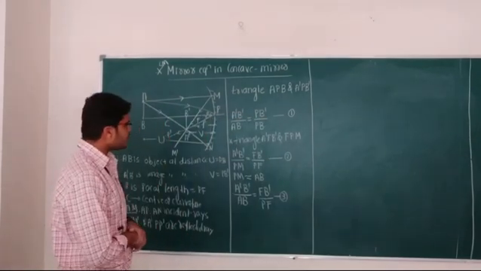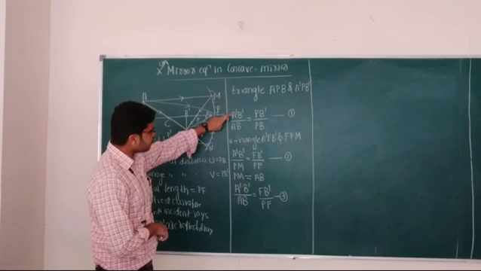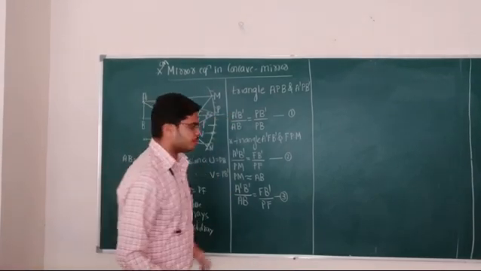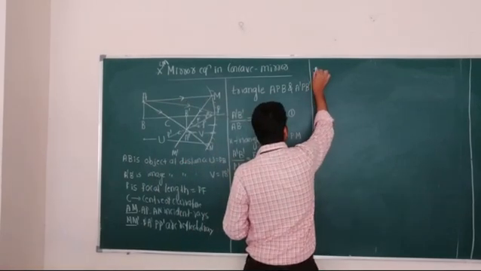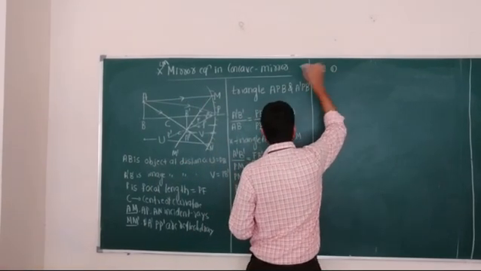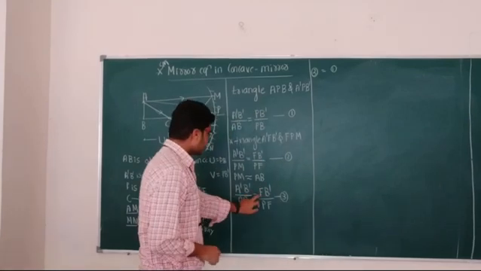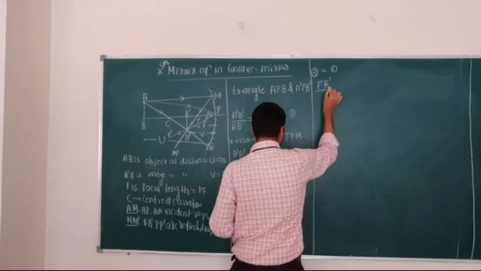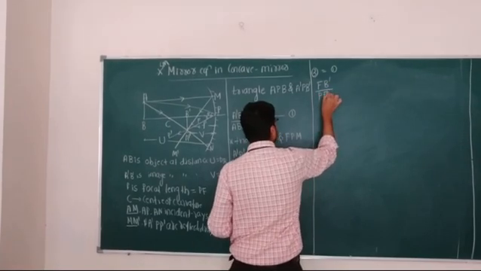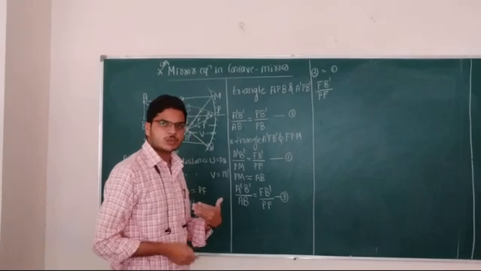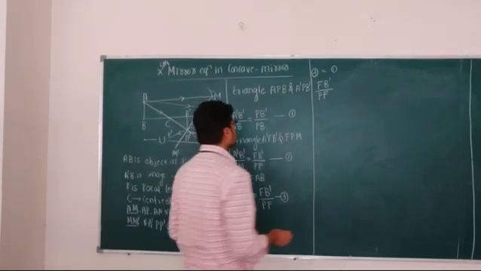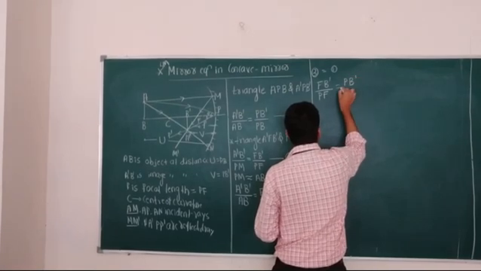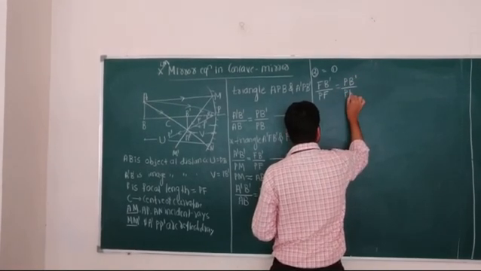Now look at equation number 1 and equation number 3. If LHS is the same, then RHS must be the same. Therefore, equation number 3 must equal equation number 1. Now what is equation number 3? FB' divided by PF. Equation number 3 RHS must be equal to equation number 1 RHS, that is equal to PB' divided by PB.